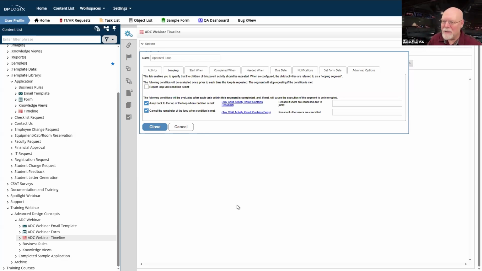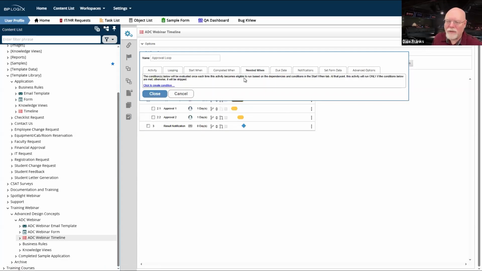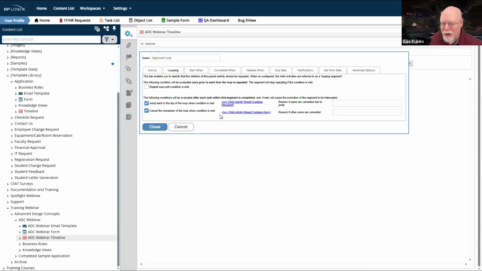You have to constantly make either needed-when conditions, or you have to constantly create branch activities. This is way easier: just put everything in a loop and then determine when to restart the loop and when to exit the loop.